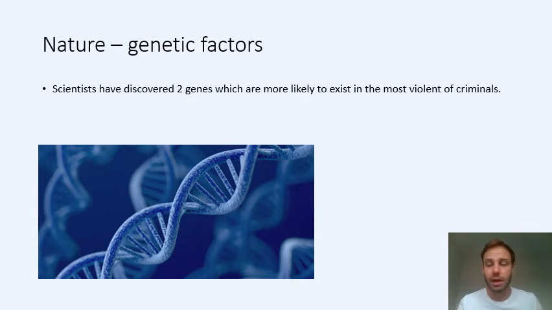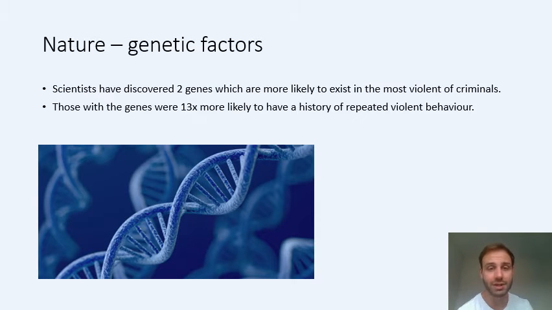So to start with, scientists have discovered that there are 2 genes which are more likely to exist in the most violent of criminals. And that's not saying that every single person who has this gene is a criminal, and it's also not saying that every single violent criminal has this gene. All they're saying is they did a study of hundreds of criminals, and the most violent ones did have these genes, and they found that those who had these genes were 13 times more likely to have a history of repeated violent behaviour before